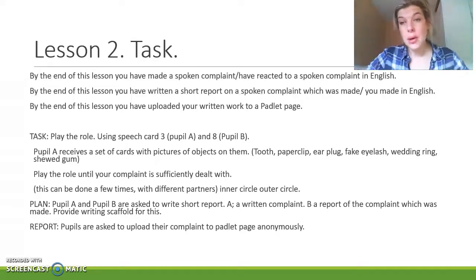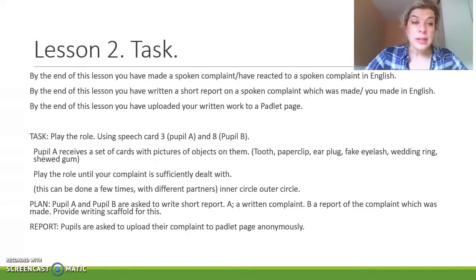So here they're actually going to do some role play with making complaints. And I've added a little bit because I thought it might be more interesting and that would keep them busy for a little bit longer than just these speech cards. So I'll show you the material that I've used. These are also just from the teaching material, the speech cards. They're actually quite good. However,